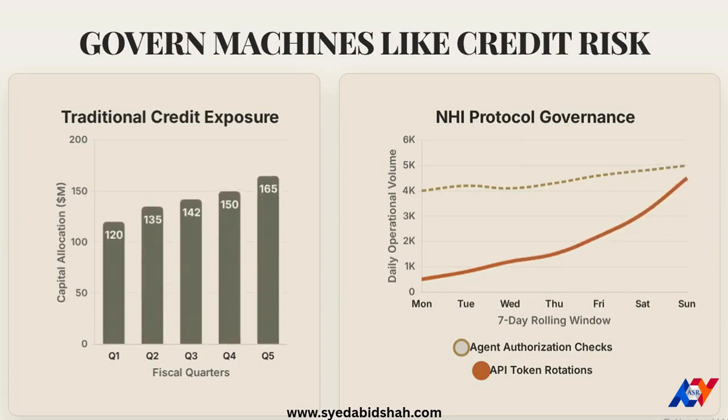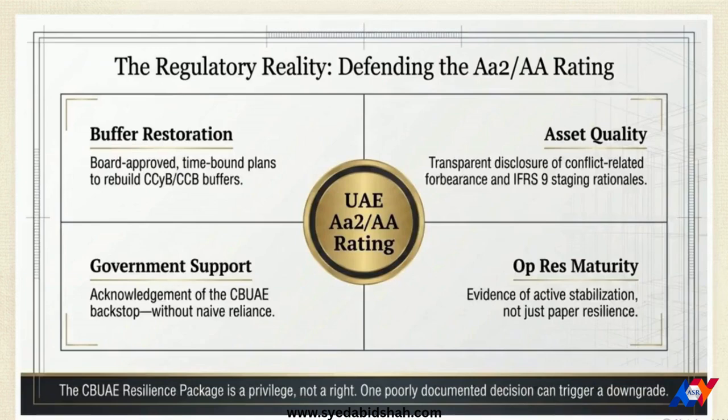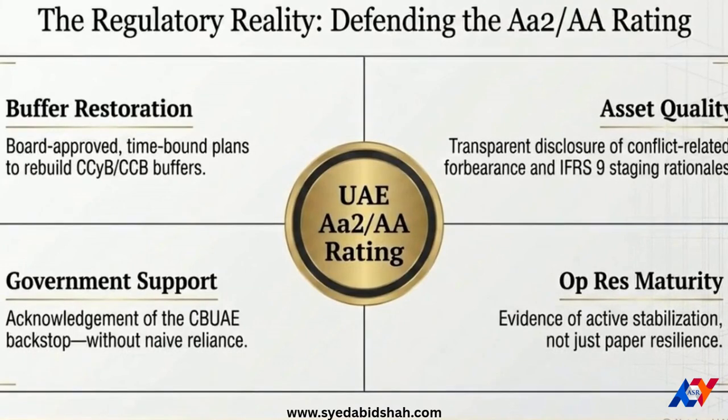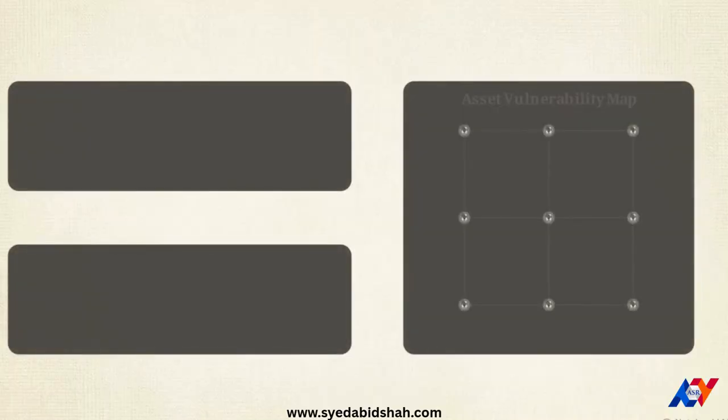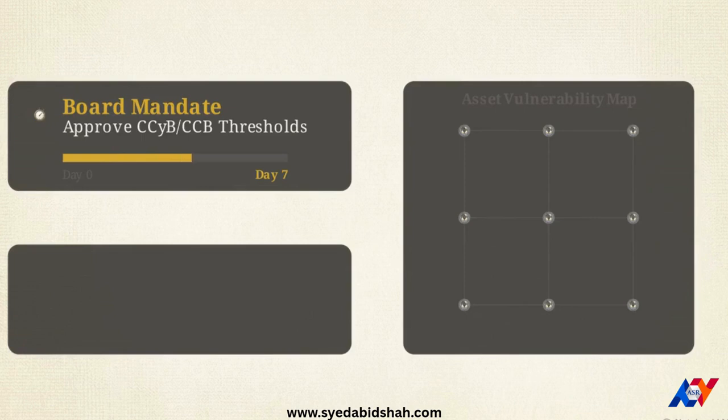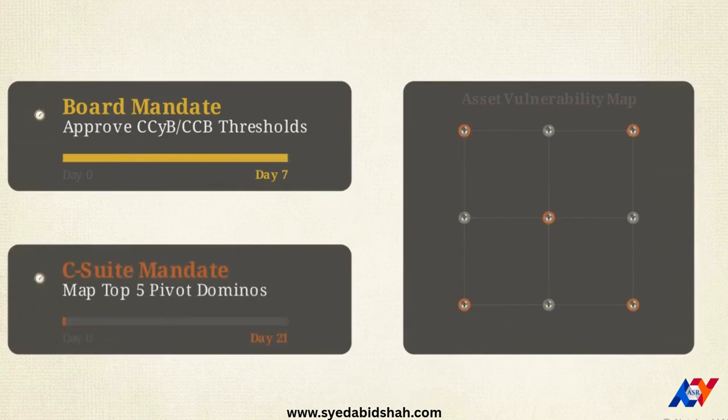to traditional credit risk. This quadrant outlines the regulatory reality for 2026. Utilizing the CBUAE package is a privilege that demands flawless governance to defend the UAE's AA2 AA sovereign rating. There are immediate mandates for this quarter. The board has 7 days to approve specific buffer drawdown thresholds, and the C-suite has 21 days to map their